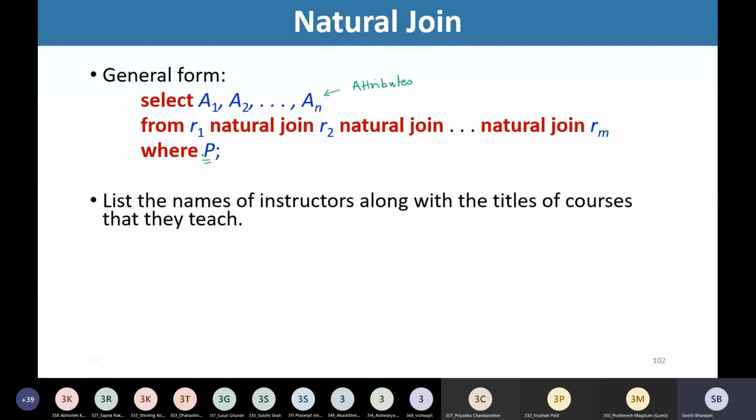List the names of instructors along with the titles of courses that they teach.